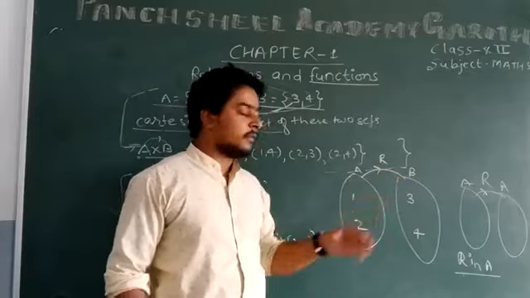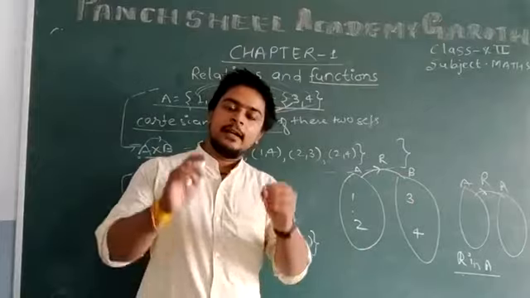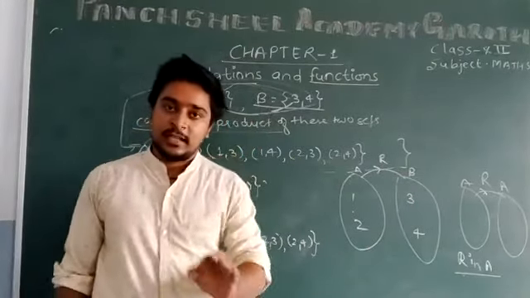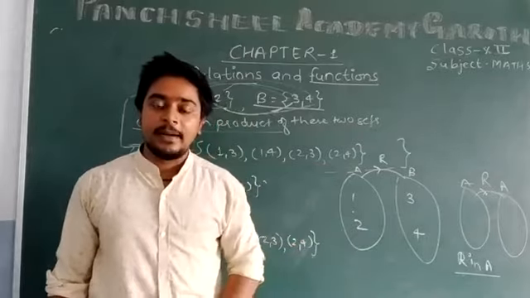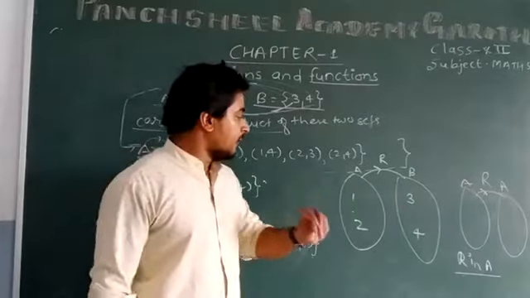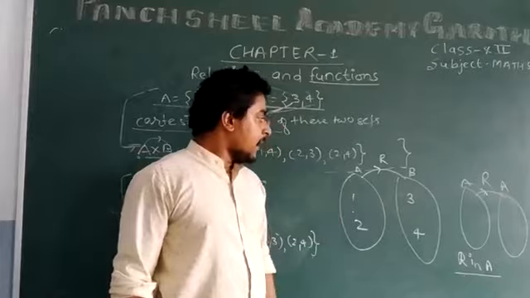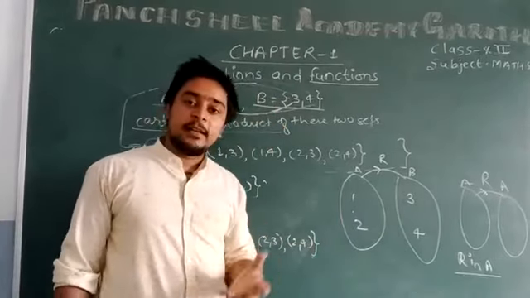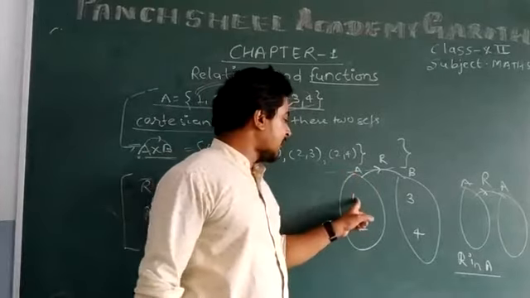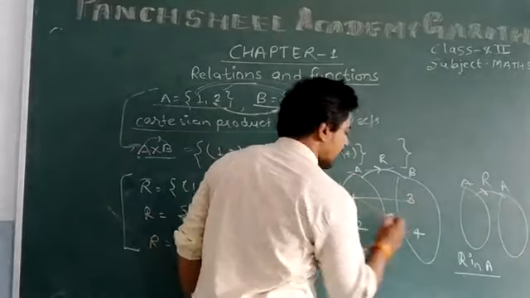It means where the relation is defined, relation is defined from set A to B. If relation is defined, it means relation has to connect the elements. How will the relation connect the elements? Relation will connect elements from set A to set B. But it is not sure which elements the relation is connecting. Suppose relation is such that it is connecting 1 with 3 and 1 with 4.